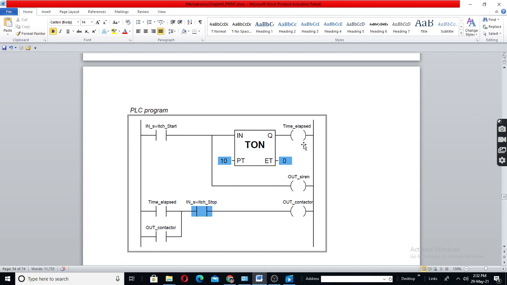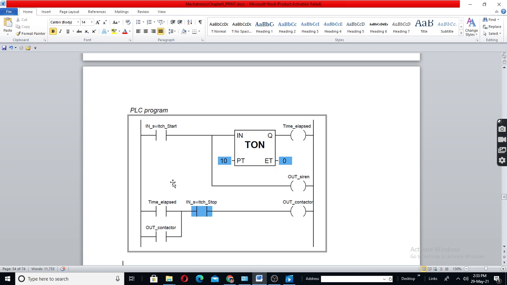The motor also will run. First it will say, everybody go far away from the manufacturing place or operation place, I am going to switch on the motor now. Then everybody will move out. Within 10 seconds the motor also will run. This may be given to the motor contactor. We will see that later.